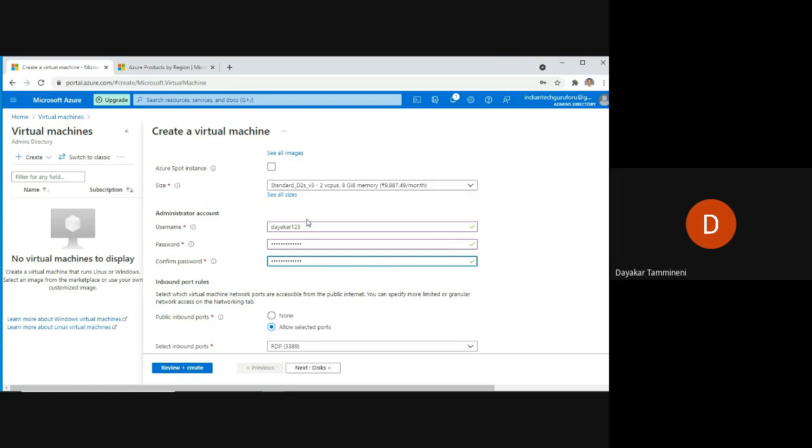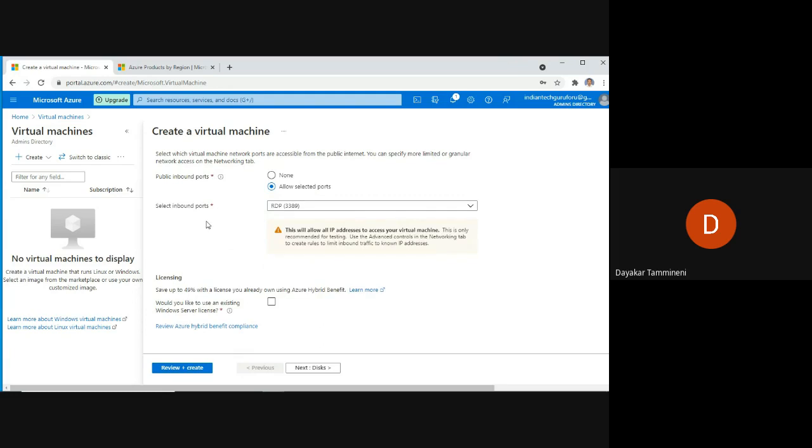These are not meant for the Azure username and password. These are meant only for this particular virtual machine. If I delete this virtual machine, then this username and password will also be deleted. Okay, we are not going to use this username and password elsewhere. So these are a temporary username and password for this particular virtual machine.